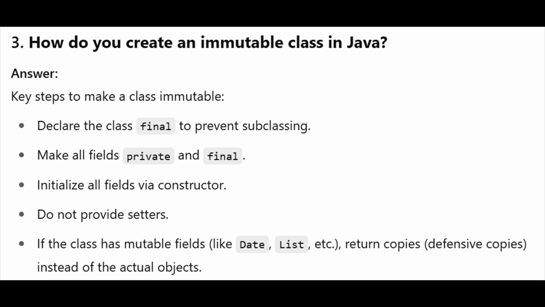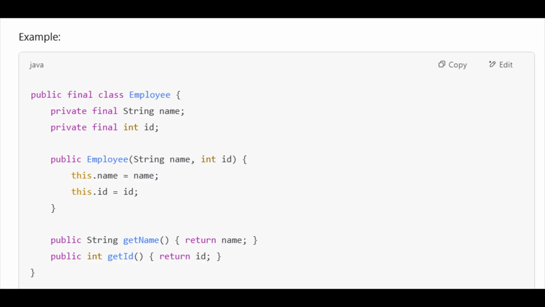Example. public final class Employee { private final String name; private final int id; public Employee(String name, int id) { this.name = name; this.id = id; } public String getName() { return name; } public int getId() { return id; }